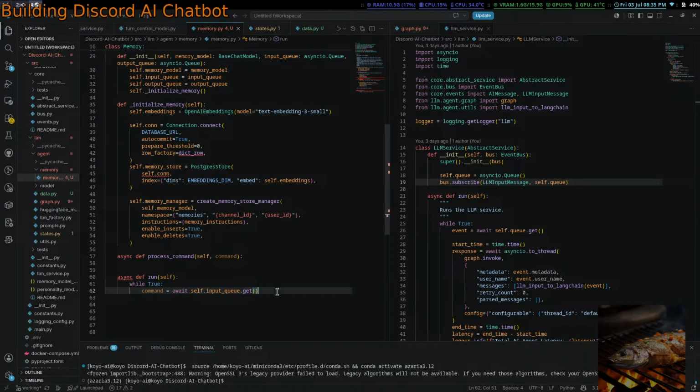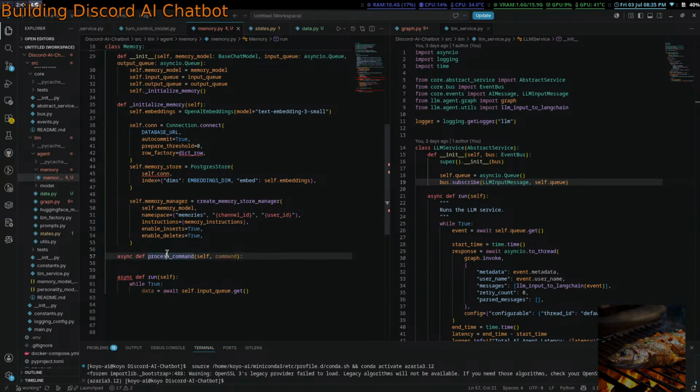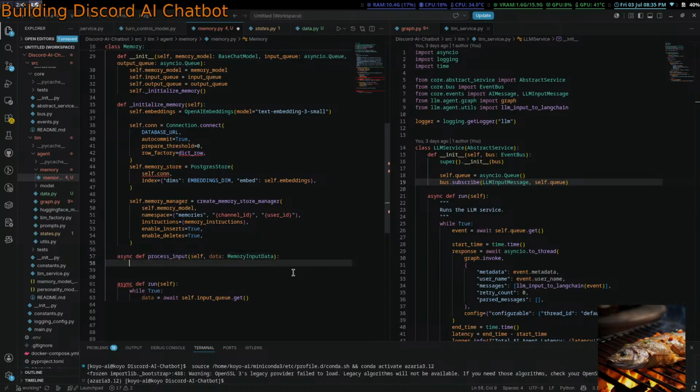Okie dokie. Command equals this, or data, process input self.data, and then command equals data.command.